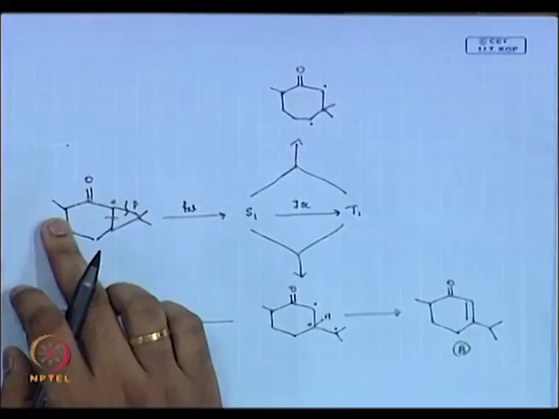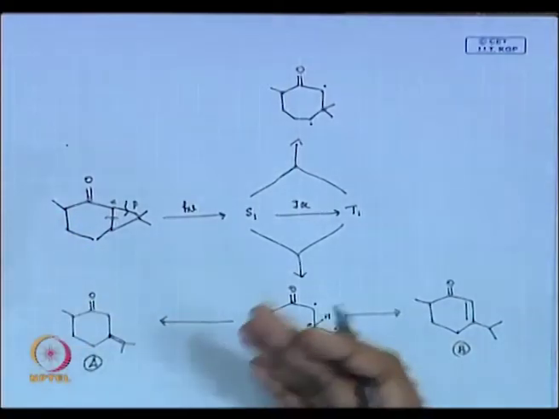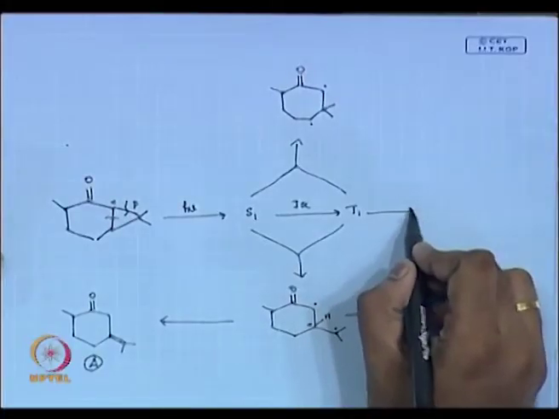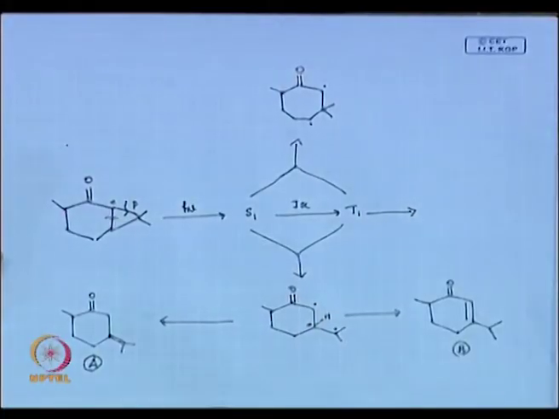See, that is because in this class we are just thinking about beta cleavage, okay, our eyes go only to beta cleavage. Why can this molecule not do alpha cleavage? I just made this molecule so nice that it has a methyl there, so that whatever radical is formed, that radical can get stabilized. So, why can this molecule not do alpha cleavage reaction? It can do alpha cleavage pretty well.